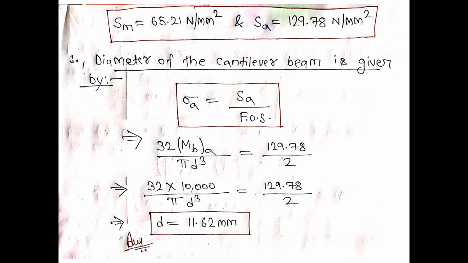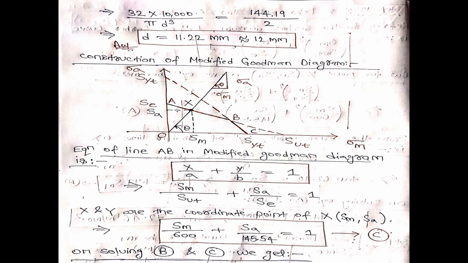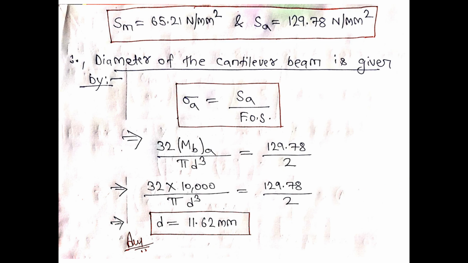Modified Goodman option, because if you, as the designer, are designing a beam, and the beam is safe in fatigue with 11.62 mm as diameter, definitely it will be safe at 11.22 mm. That means this 11.62 mm is the maximum condition. If you increase the diameter beyond this, the beam will fail. Then Modified Goodman theory will not be applicable, and Gerber theory will not be applicable either. Then you will have to look at some other theory. Is the point understood?